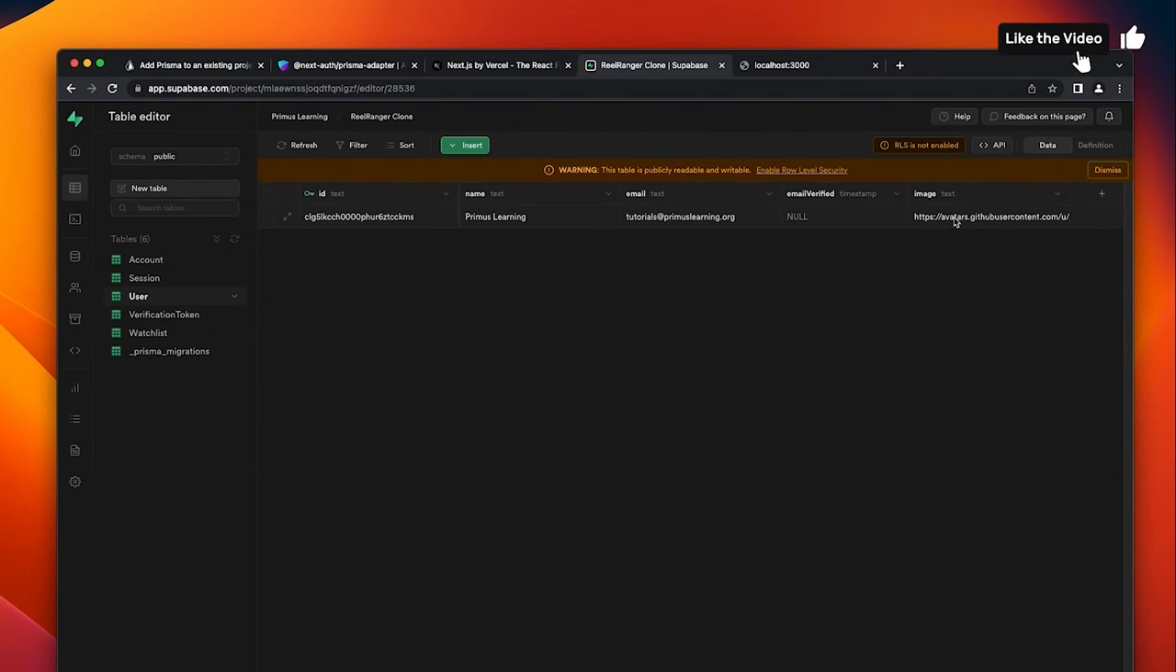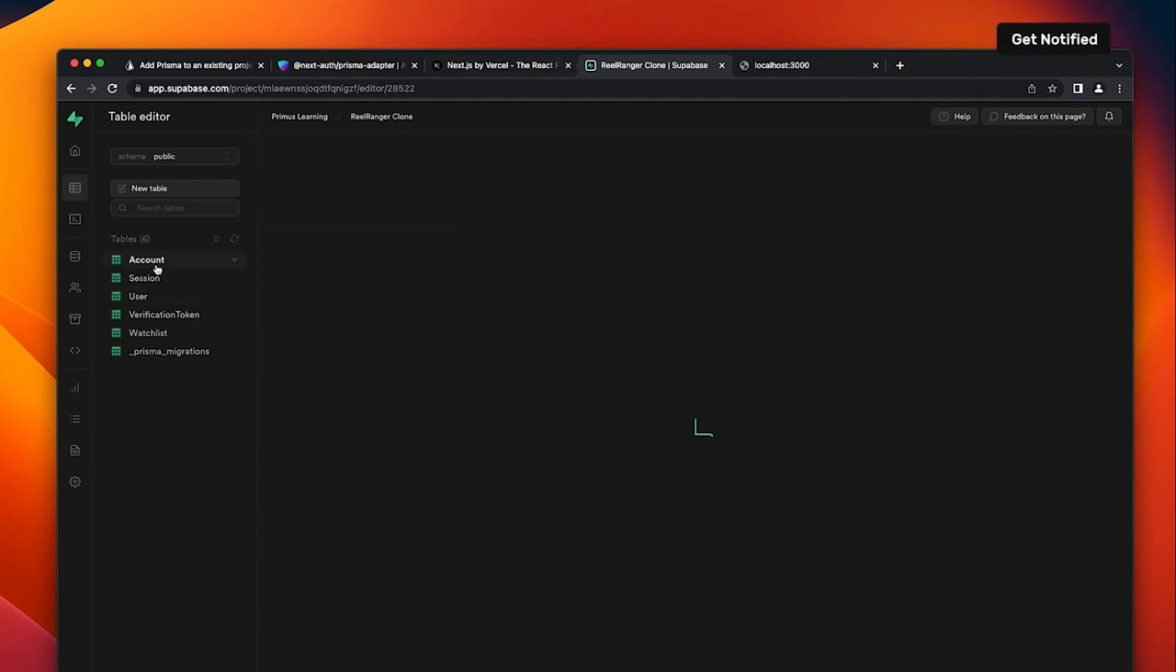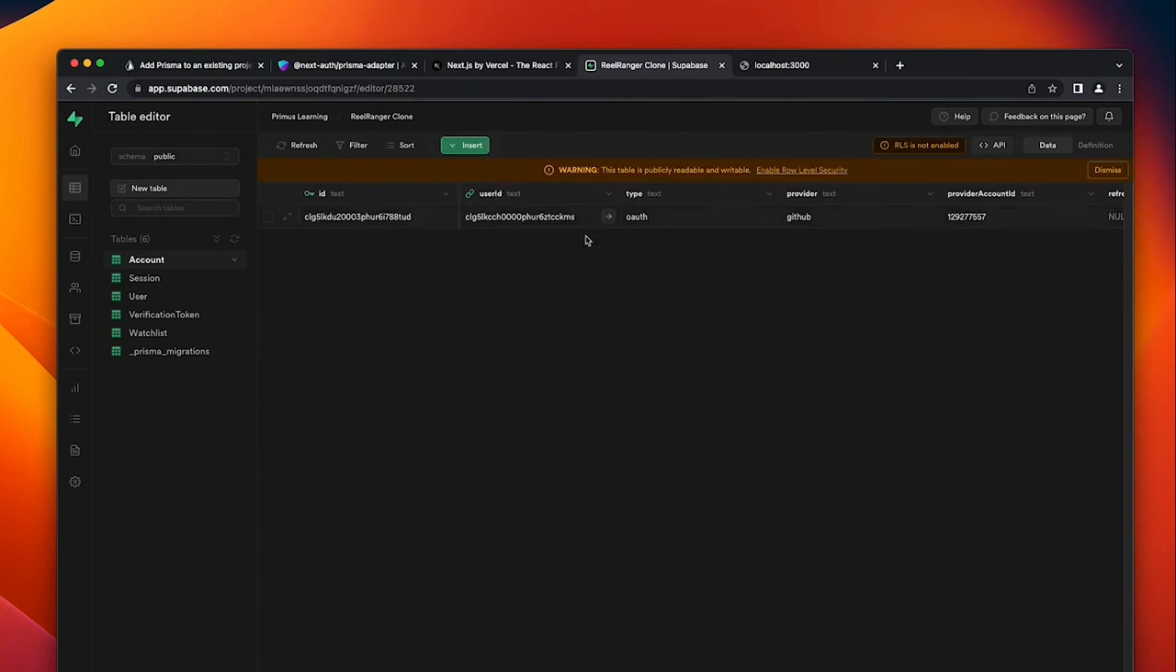If you go to account, you can see we have the ID, the user ID, and the type. So the type is the type of authentication that was used, and in our case it was an OAuth. Then our provider was GitHub, and our provider account ID, which is going to be used to differentiate in a situation where we have multiple